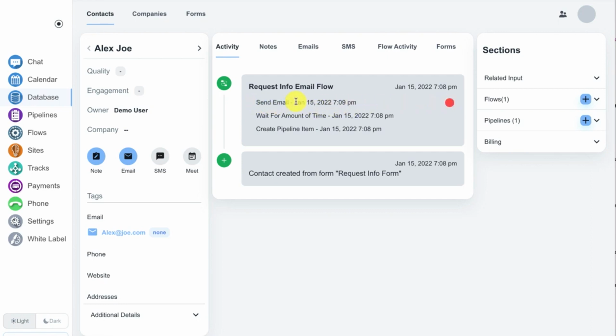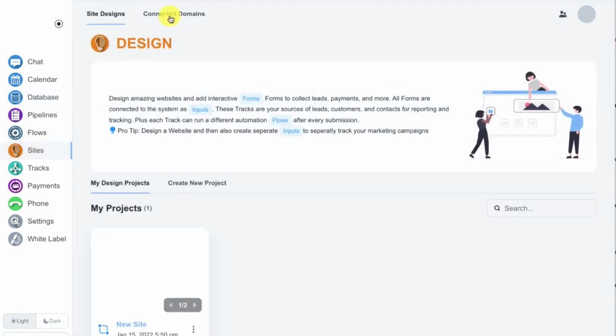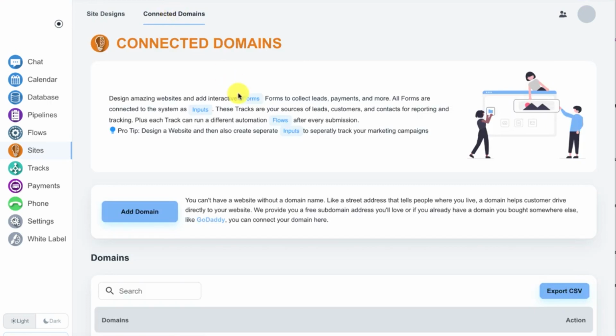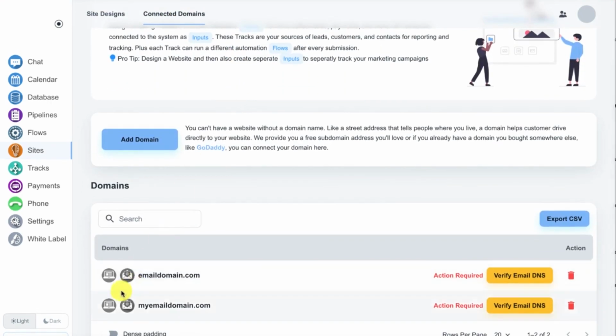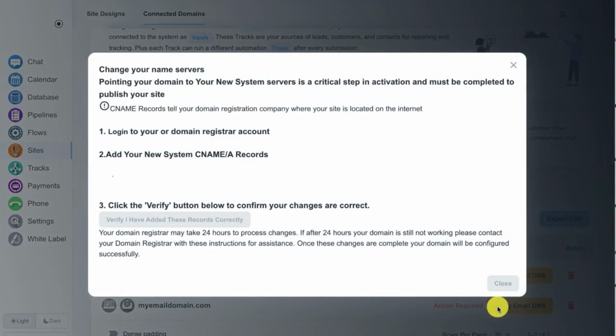So what I'm going to do is dive into the Sites section and see my connected domains, and I'm going to see I have my myemaildomain.com that hasn't been verified. I know it hasn't been verified because these icons are not green. Here, I have to verify some email DNS settings to connect my domain for email. So I'll click on this,